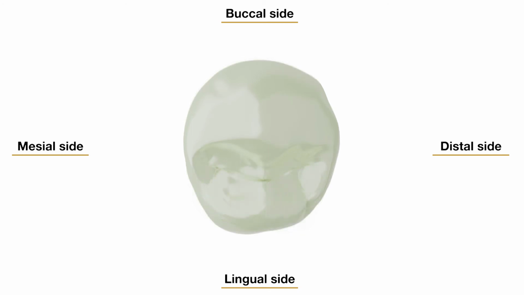Now, the round or two cusp type differs considerably from the three cusp type when viewed from the occlusal aspect. There is one well-developed lingual cusp, and that is directly opposite to the buccal cusp. The outline of the crown is rounded, lingual to the buccal cusp ridges. The mesiolingual and distolingual line angles are rounded. A central developmental groove on the occlusal surface travels in a mesiodistal direction, but it is most often crescent-shaped.